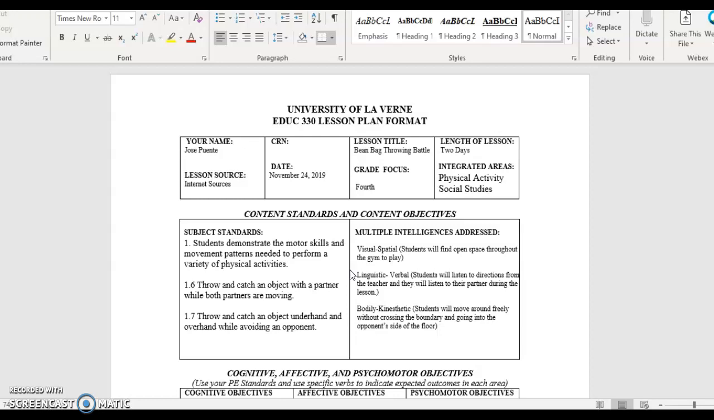physical activity component. For the social studies component, I'm going to ask students to create a collage, and they're going to use books, newspapers, magazines to cut out and paste people that are doing the throwing or the catching, and they are going to decide for themselves which they prefer, and then they're going to write about why they chose either the throwing action or